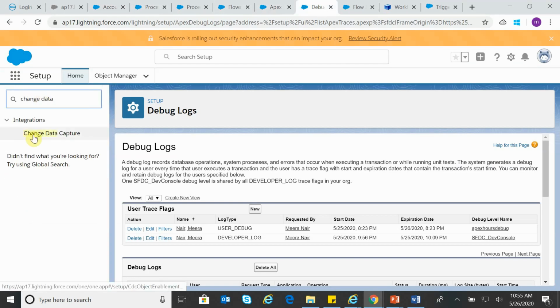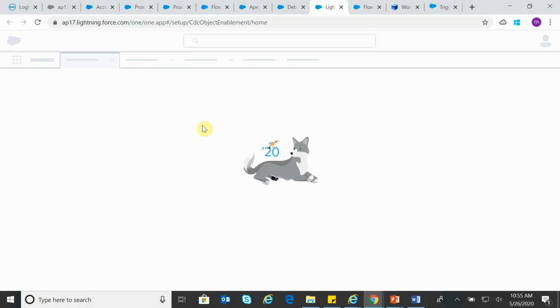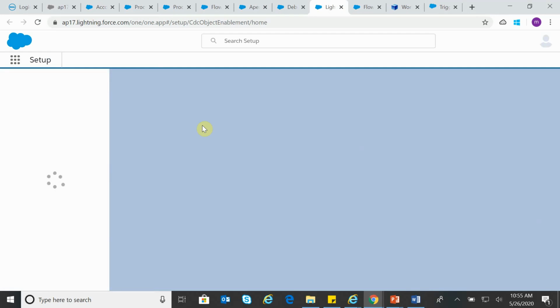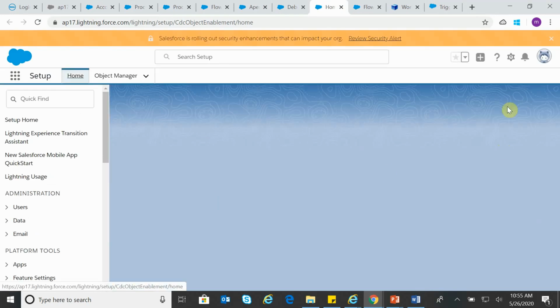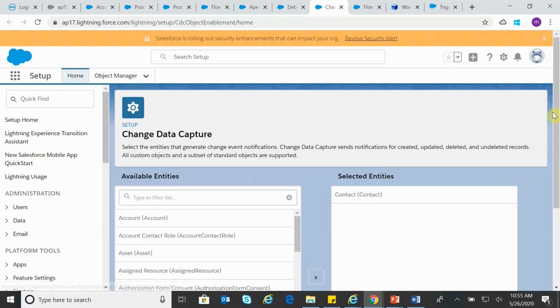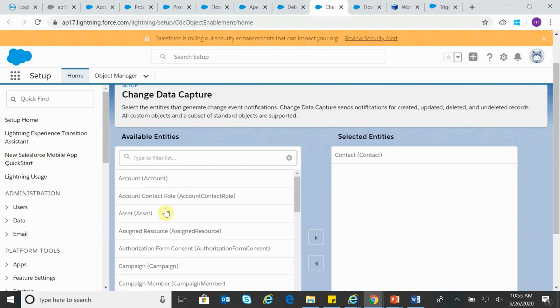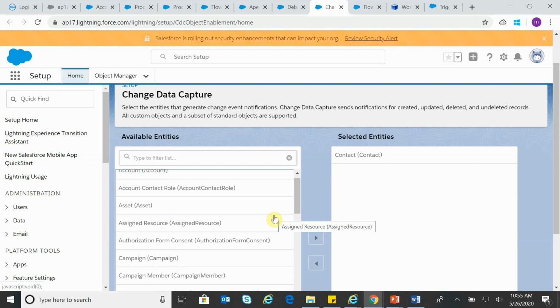In setup, you can search for change data capture. And from here, you will be able to select for which objects you need to enable CDC. I have already enabled it for contact, and most of the standard objects are available for CDC operation, and all the custom objects are also available.